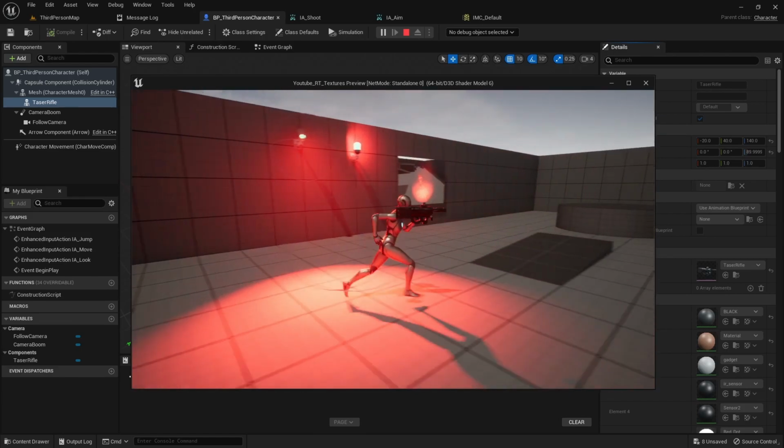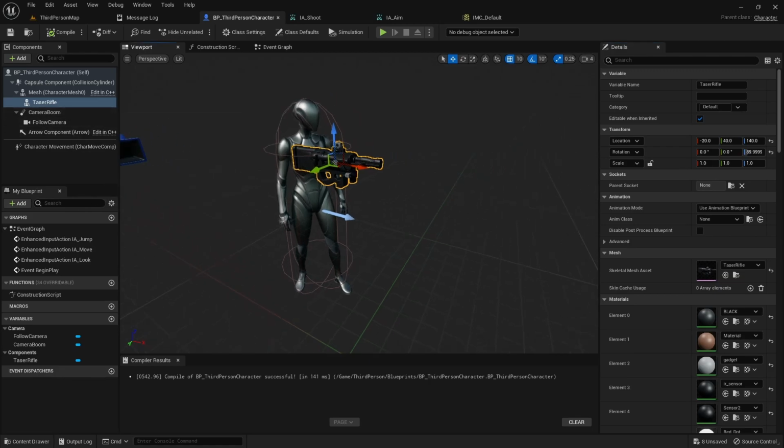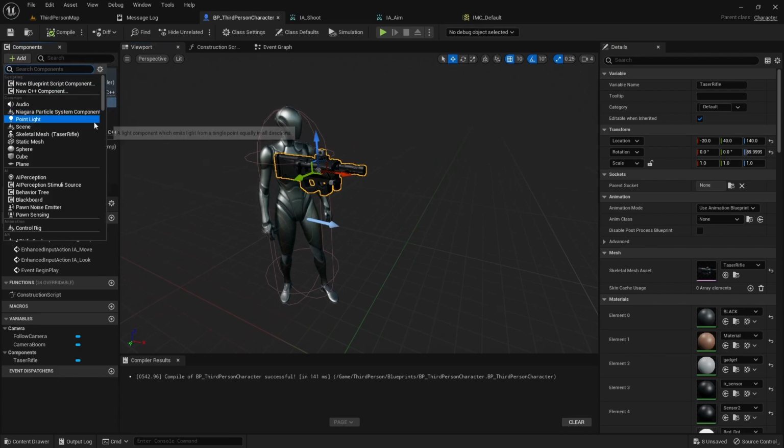So I can't shoot anything yet. I'm going to create a separate blueprint instance for our bullet, but I need to get a reference point to be able to spawn that bullet where I want it to shoot. So there's a lot of different ways you can do it, but the way I'm going to do it is I'm going to select the taser rifle, and I'm just going to add an empty object. It doesn't really matter what it is. I'm going to use an arrow,